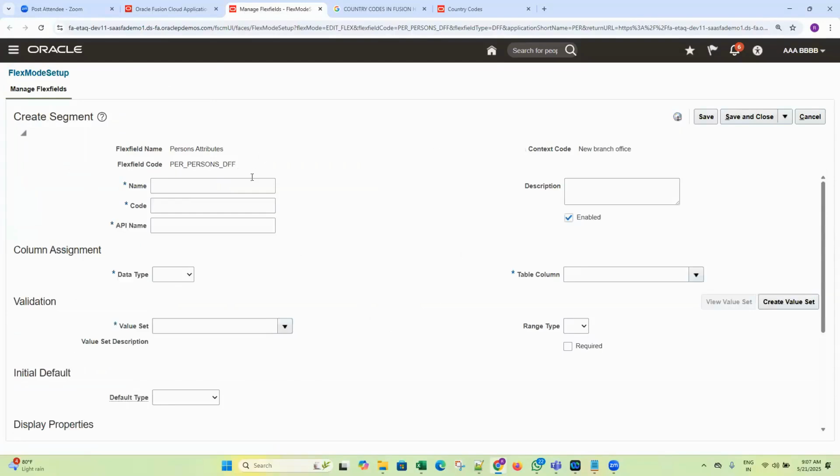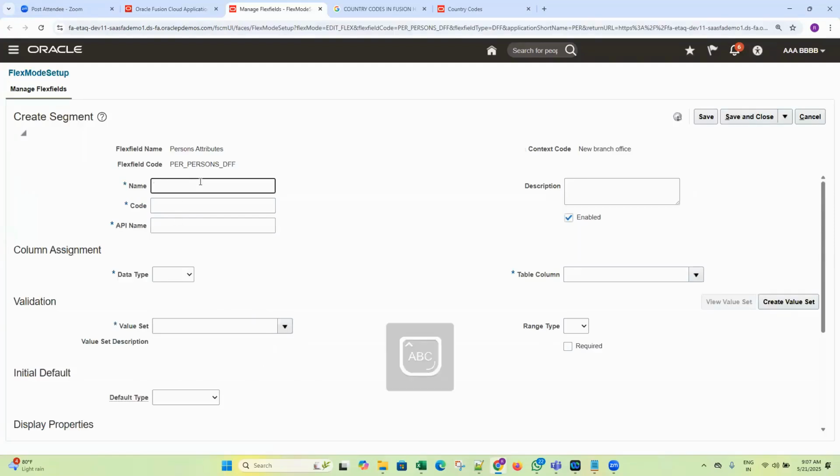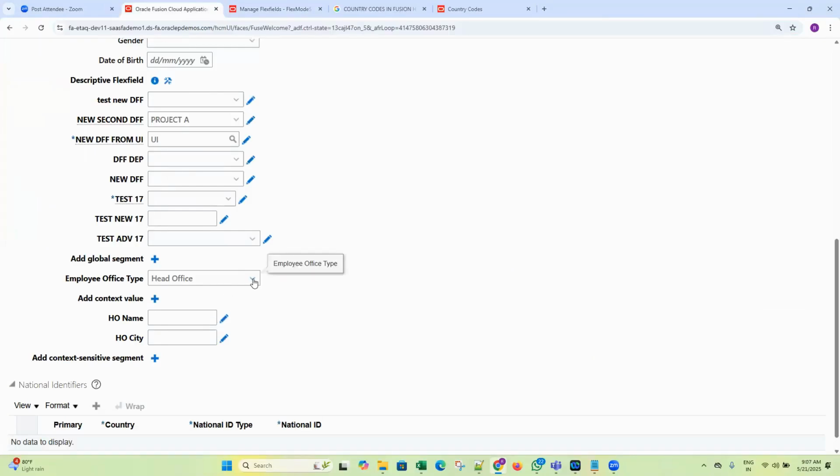Okay. Then again, it is navigated to the attributes. New attributes it is opening, right? So now you open that. New